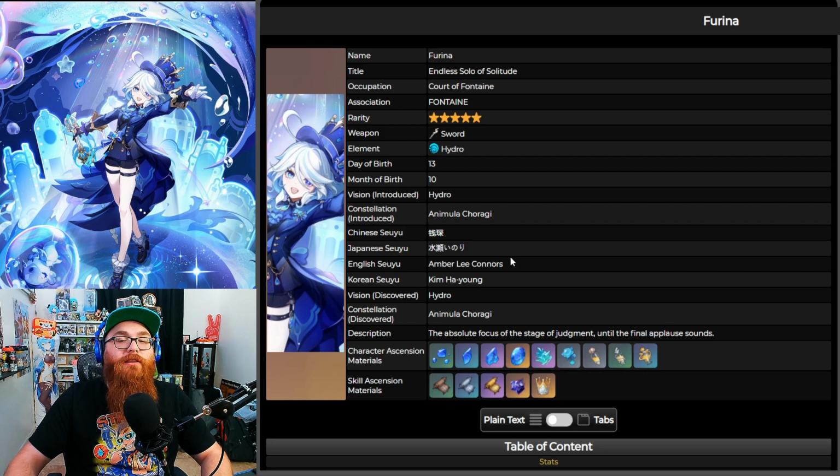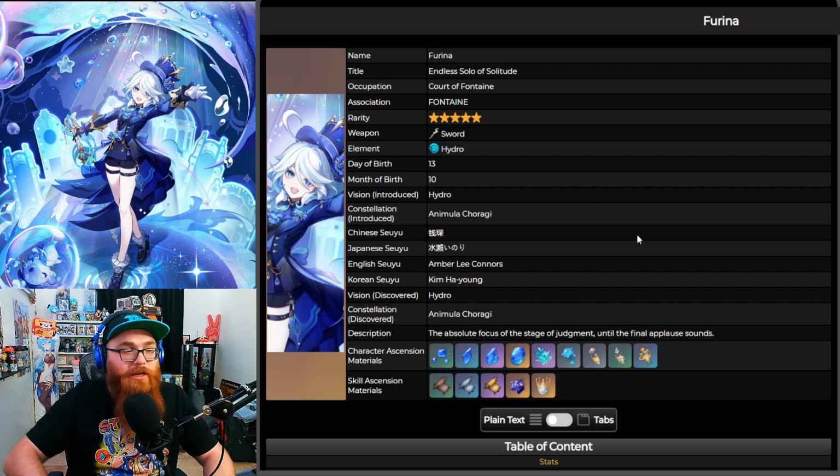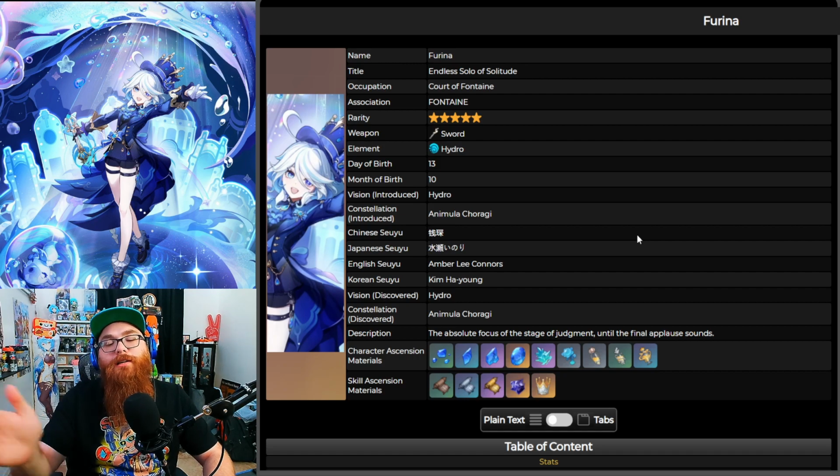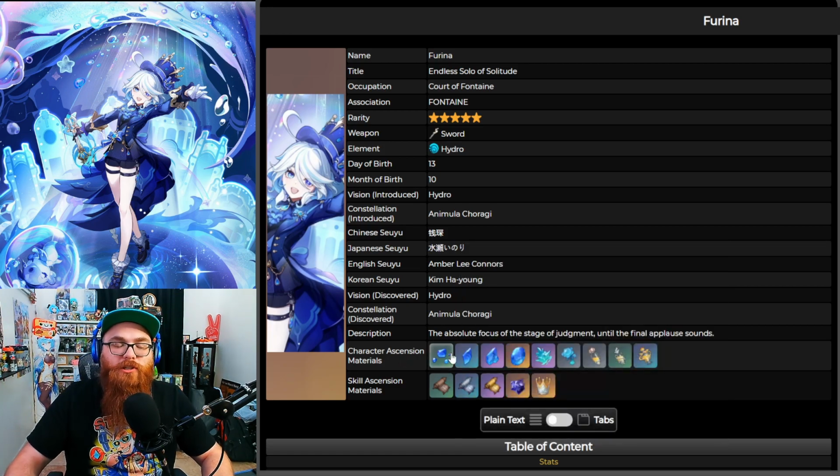Furina, right here, the one-handed sword Hydro element user, or the Archon, as we say. And yes, let's go ahead and talk about how first we're going to build your Furina, ascending from level 1 to level 90. Now, of course, you're going to need one of these Varunada Lazurite Silvers, which come from many